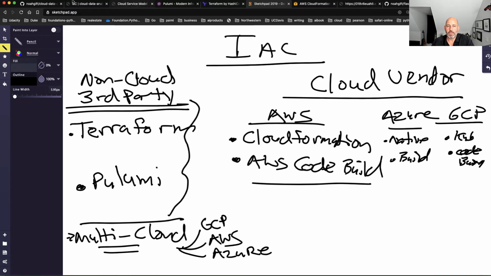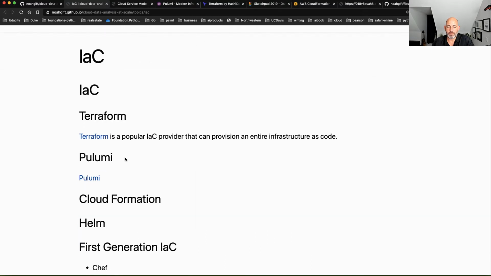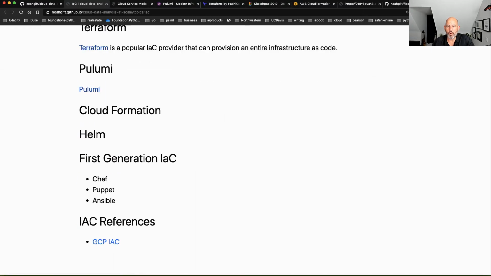Now, if we go into some of the older versions of infrastructure as code, and these are all things that I've had some experience with, there's Chef, there's Puppet, there's Ansible, and these are really what I would call the first generation. What those did was convert this syntax into recipes where you would deploy the software.